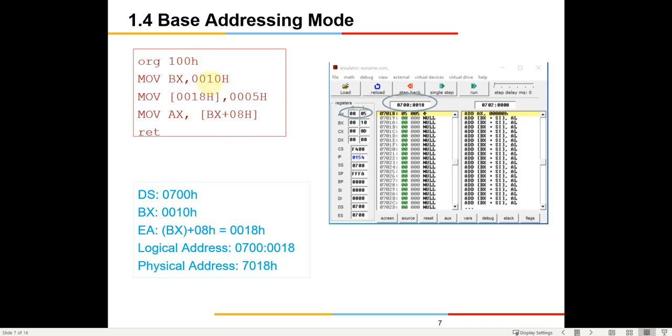I'll advise all of you, when you do all these things, it will take another 5 to 10 minutes, but keep checking the machine language code manually with what is being displayed here, and match it, so that you are well prepared for your quiz and your exams. Later on you just don't have to worry about it.